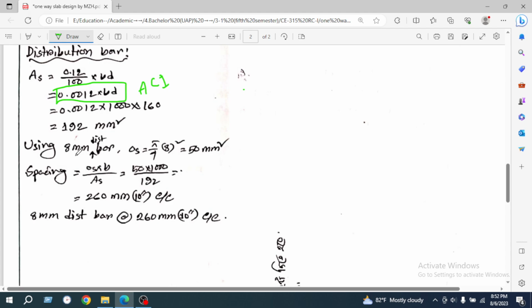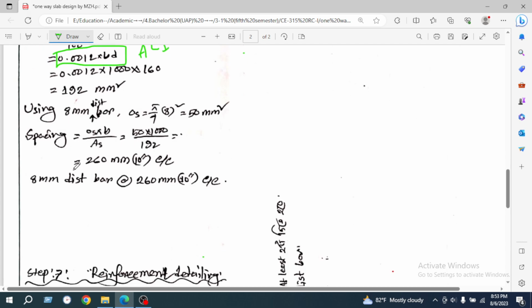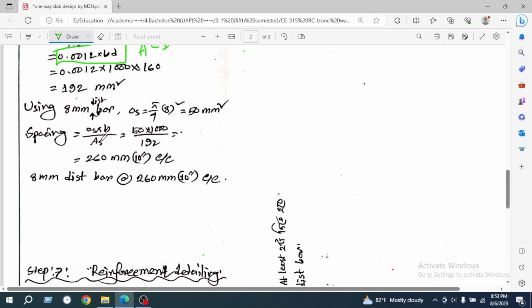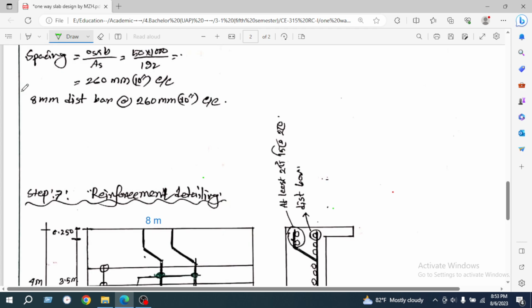We will use 8 millimeter distribution bar, so the area will be 50 millimeter square, and spacing will be b divided by As. So s equal to 50 into 1000 divided by 192, and we get spacing of 260 millimeter, which is 10 inches center by center. This is the value for 8 millimeter distribution bar at 260 millimeter center by center. But we will practically use 8 inches center by center